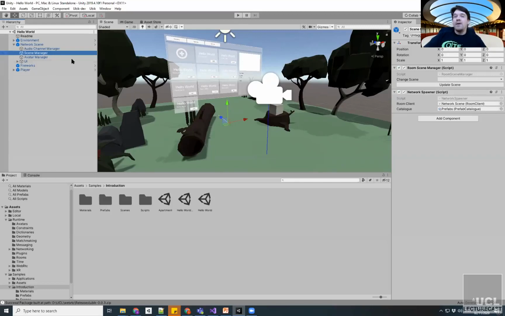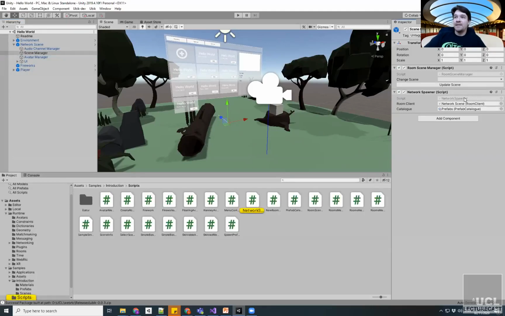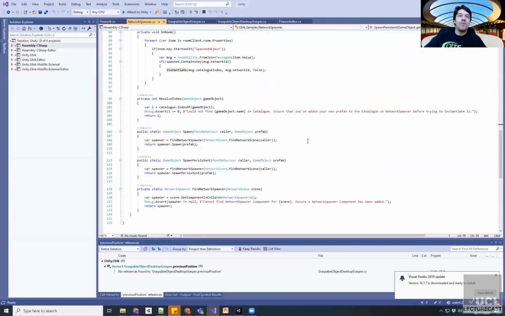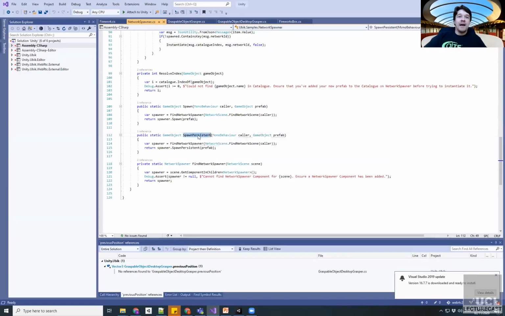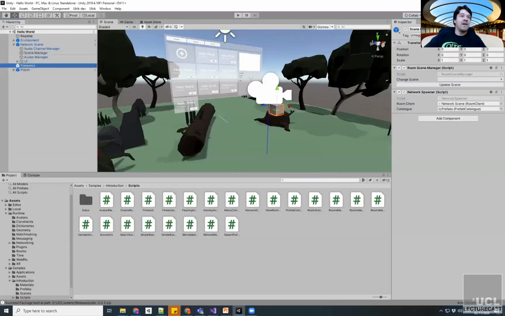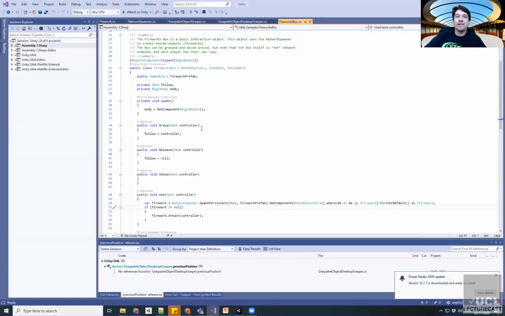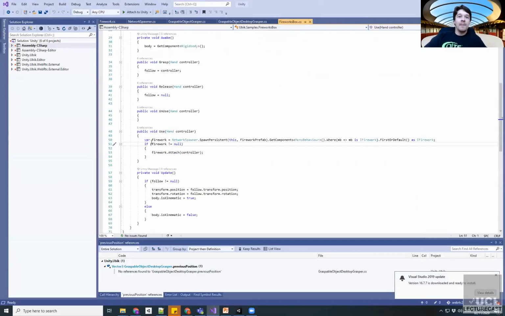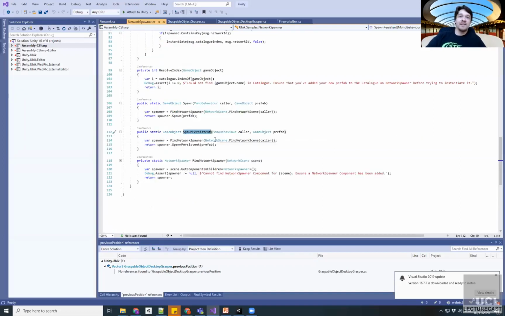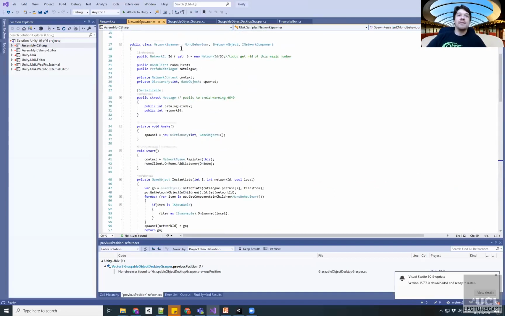And you might be familiar, if you remember this hierarchy, there is this network spawner component that is in the network scene. This is one of the services that we have implemented. And what I've done is I've added another static method called spawn persistent. You'll remember that the fireworks box in the previous session just spawned a firework. Now I'm giving it the called spawn persistent. So this single component